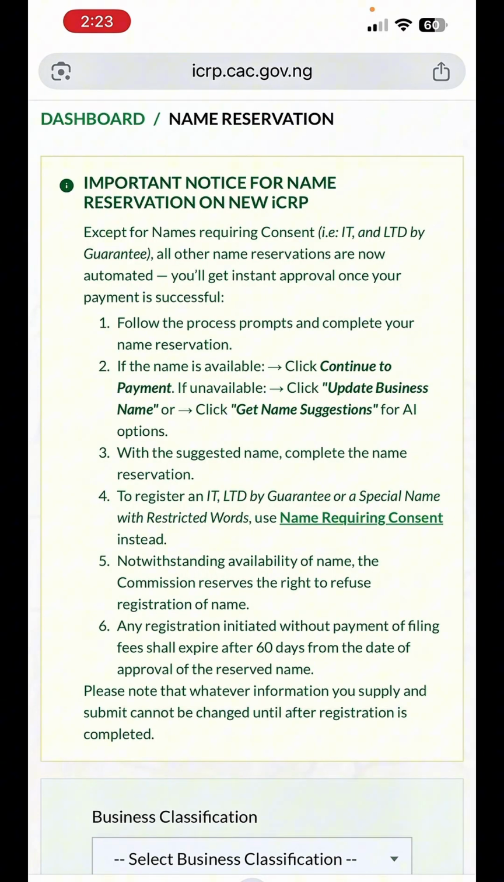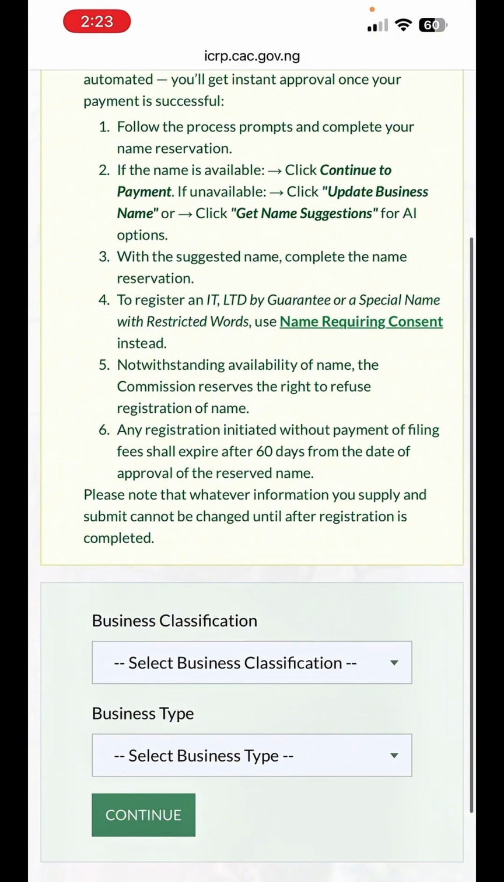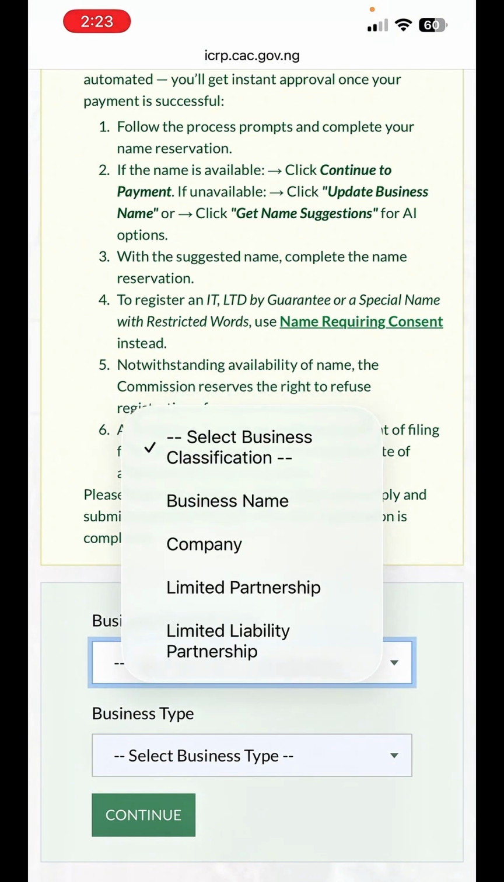You can choose to read this. So just classification. Business name, company, limited partnership, limited liability company. I'll post the difference. Business name is simply, as we talked about, you are not separate from your business. Company is a full limited liability company, separate from an individual. Limited partnership is a